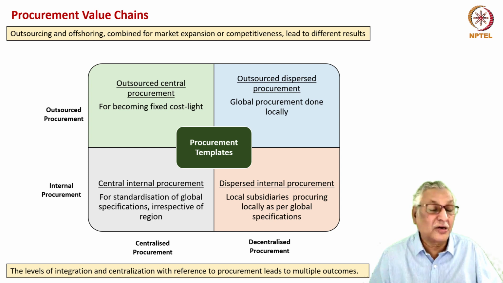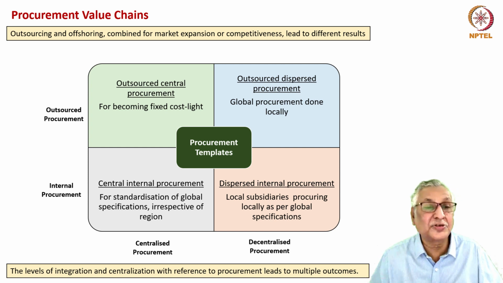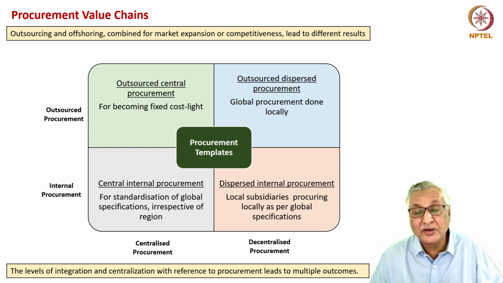Outsourcing and offshoring are not done directly by the manufacturing executives or R&D executives. They are done through the procurement division. Therefore, they must have their own templates which are relevant for development of these value chains and the models. Basically, there are two types of procurement that can happen in any industry or in any company: centralized procurement or